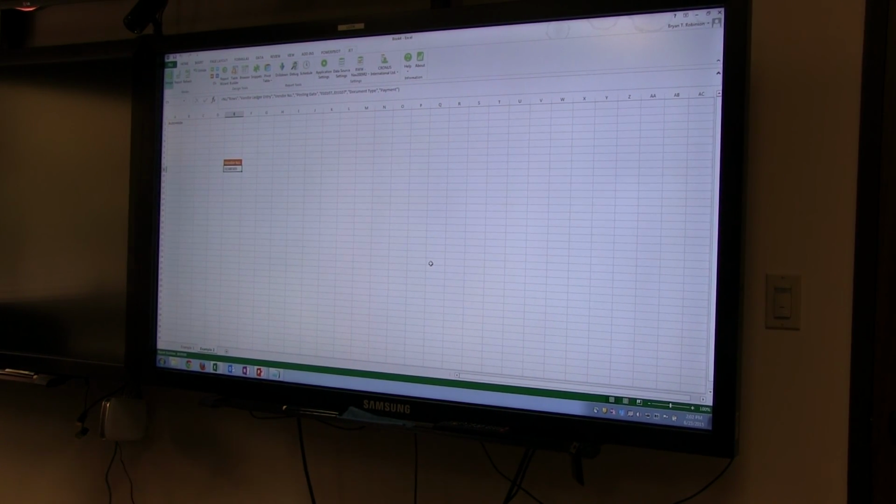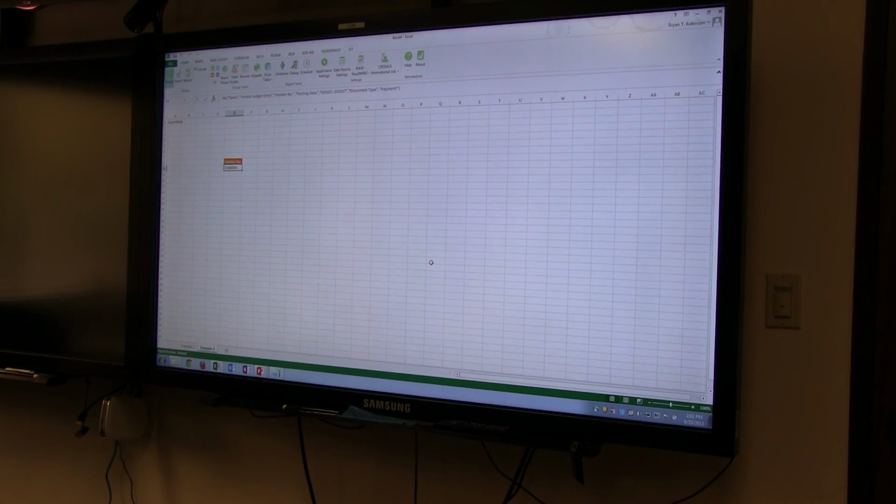Instead of doing it that way, go old school. If we didn't put the double quotes around it, we have to do the double quotes around the whole thing. So double quotes at the very beginning,